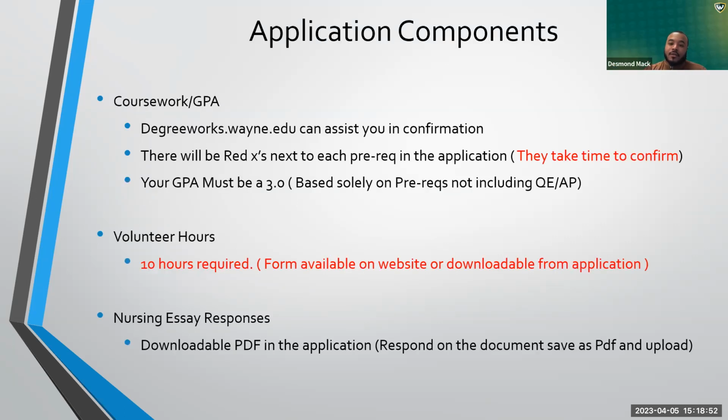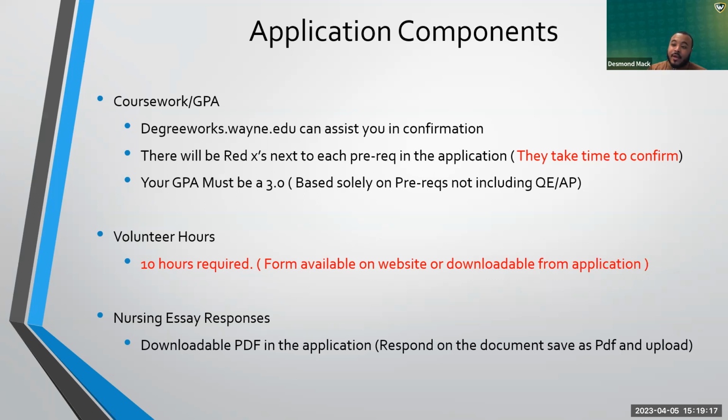The first thing to talk about are the application components. There are three pieces of the application that are actually used in your competitiveness that you need to make sure you have ready to go when you apply. The first one is going to be the prerequisites, aka the coursework and the GPA from those. Again, not going over what those prereqs are and the details, but things that you should know in relation to the application are: number one,